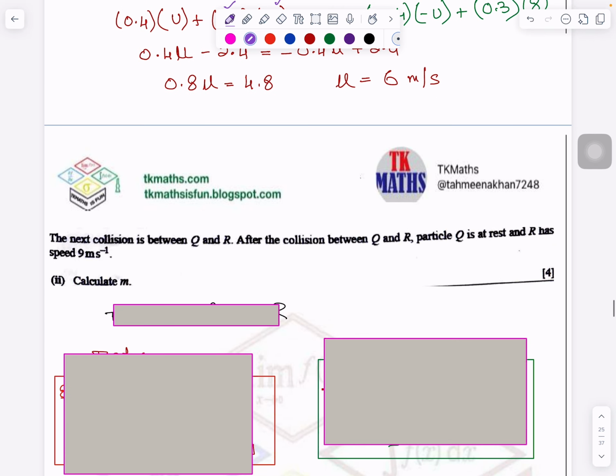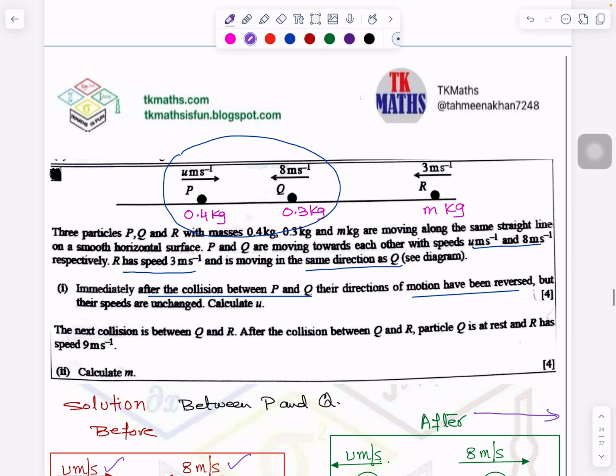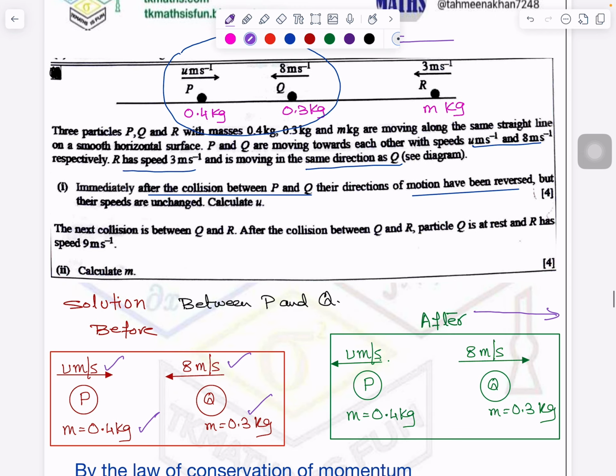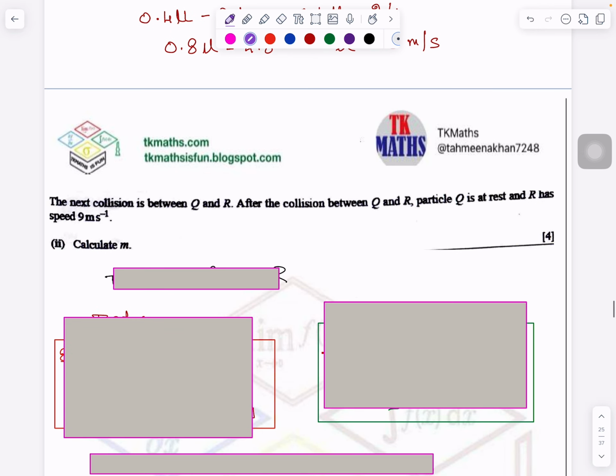Now the next collision is between Q and R. Why? Because after the first collision, you can see Q is going in this direction, and from the original diagram, R was coming in this direction. So of course Q and R will collide if they do not stop before. The question says the next collision is between Q and R. After the collision between Q and R, particle Q is at rest and R has this speed. We have to find the